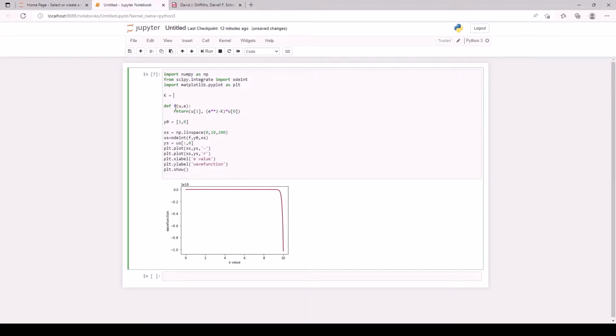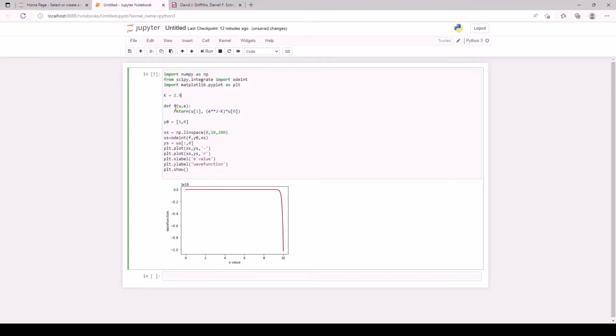going to be k equals 3, because remember, k equals 2n plus 1. So the first 3 excited states correspond to n equals 1, 2, and 3, therefore k equals 3, 5, and 7. So the first thing we're going to try to find is between 3. So we start with k equals 2.9, and then we do 3.1, and we should see that the graph does